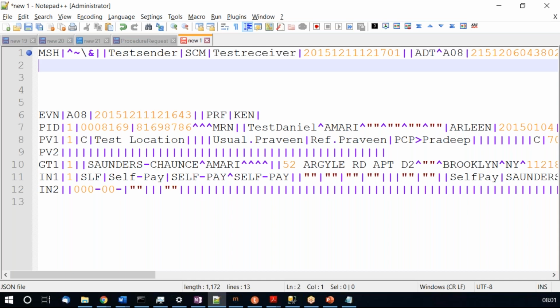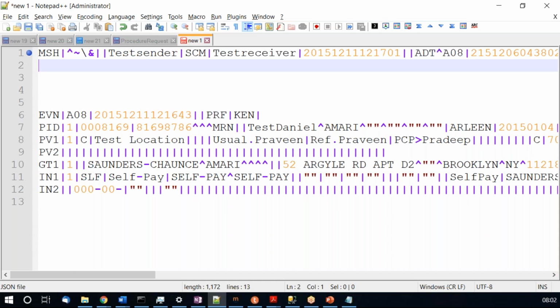A few hospitals will send just the application and they will not send facility information. So there will be a few scenarios where you will see MSH3 present and MSH4 blank, and a few where MSH3 is not present and MSH4 is present, and MSH5 and 6 they might not send at all. They don't even bother about where we are sending the HL7 message